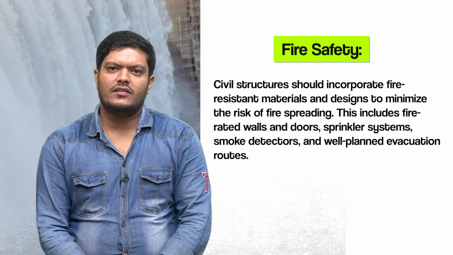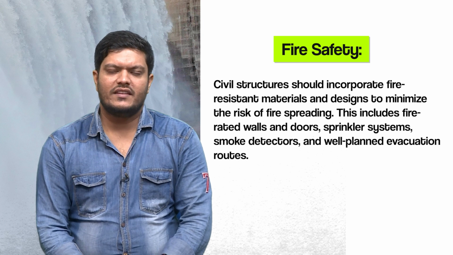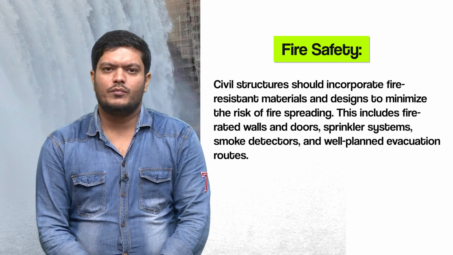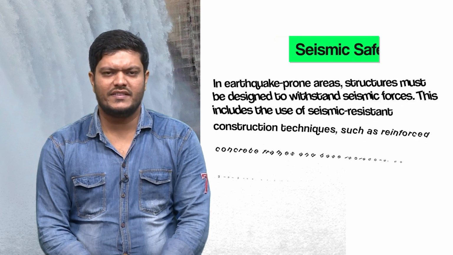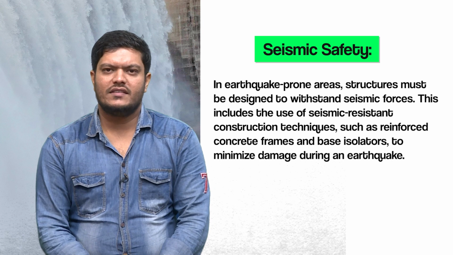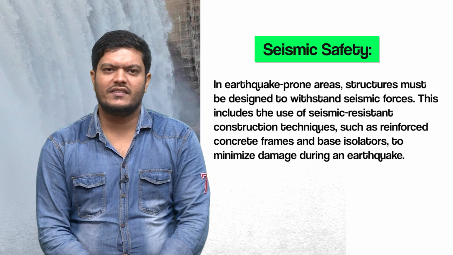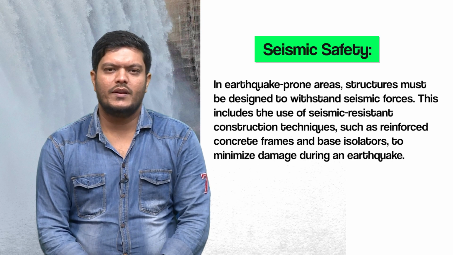Next is fire safety. Civil structures should incorporate fire resistant materials and design to minimize the risk of fire spreading. This includes fire rated walls and doors, sprinkler systems, smoke detectors and well maintained evacuation routes. Seismic safety. In earthquake prone areas, structures must be designed to withstand seismic forces. This includes the use of seismic resistant construction techniques such as reinforced concrete frames and base isolators to minimize damage